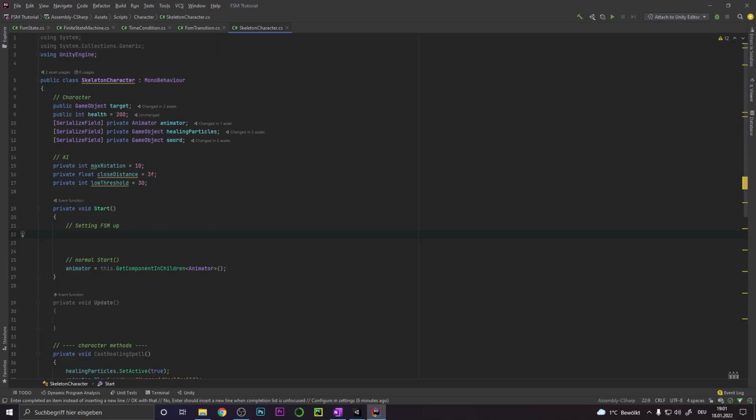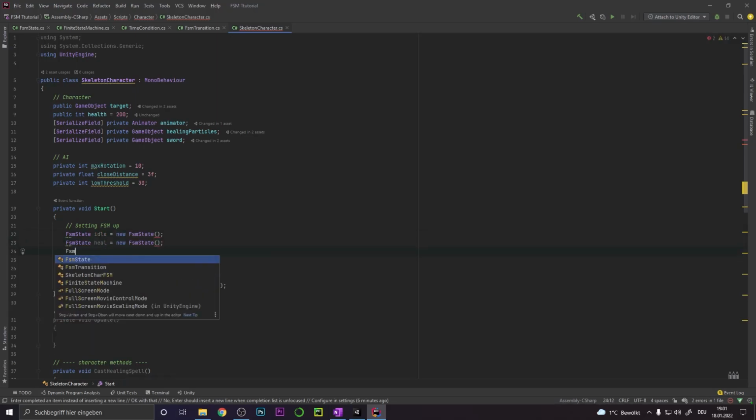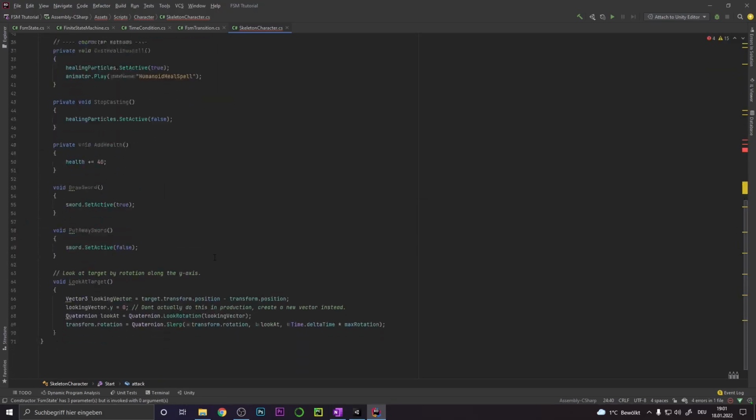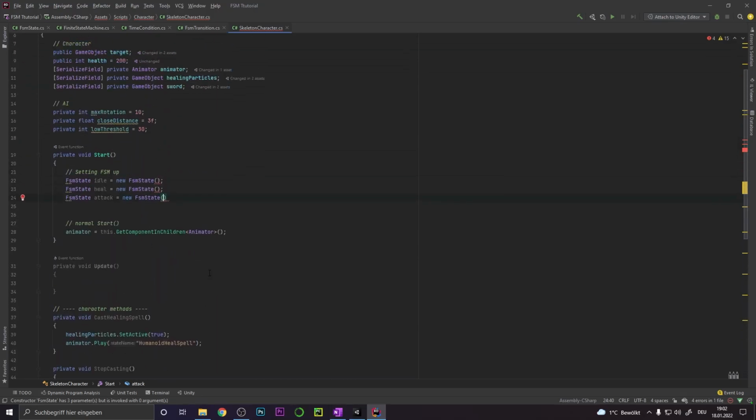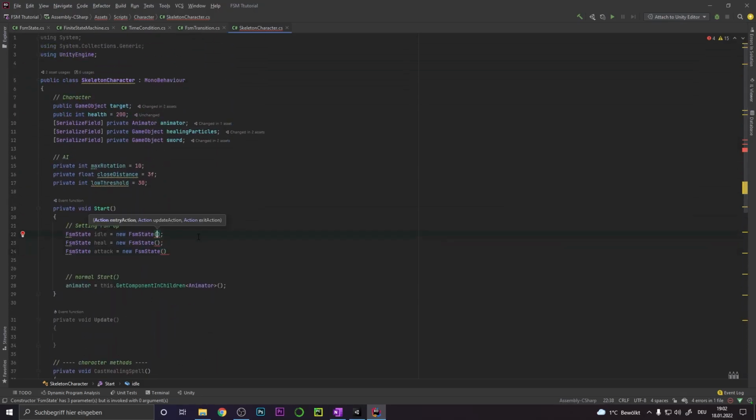Let's set up the finite state machine for it. I usually just set up my state machine in the start method at the beginning. Firstly, we will need a new state for each of our states. So we have an FSM state called idle, heal, and FSM state attack. I've already defined some methods down here. They wouldn't really add any value to our tutorial right here, so just look at them on the GitHub or